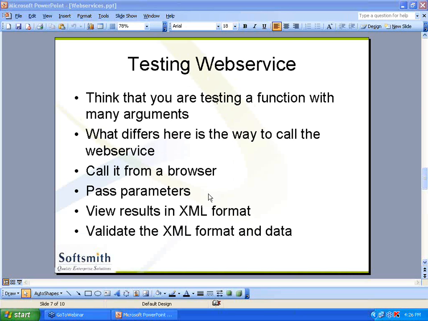So now let us get into the next one. Now we are going to actually start doing the testing of web service. From this point onwards, I'm going to directly show how a web